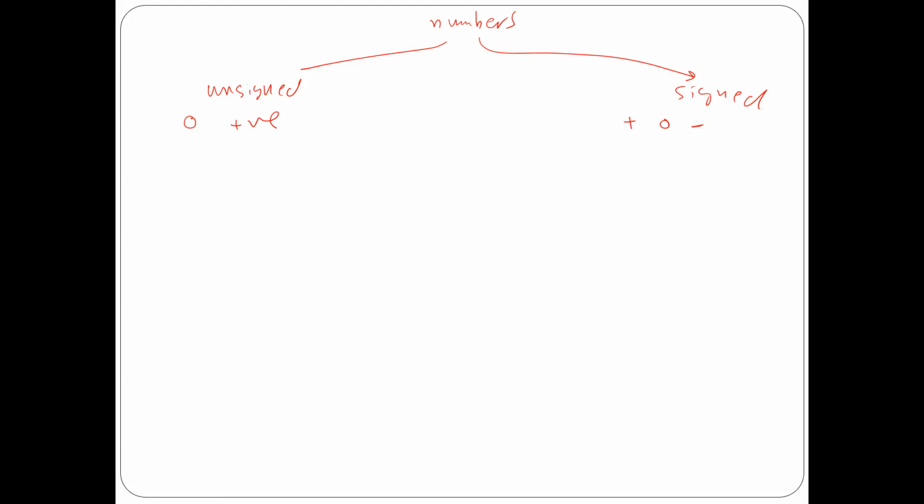If I want to count the number of students we have in the classroom right now, is that signed or unsigned numbers? It has to be an unsigned number because it cannot be negative. Very simple. Other things can be positive and negative. Is that okay? That's what I'm saying. Sometimes we need unsigned numbers, sometimes we need signed numbers. It depends on what you are measuring, what you are counting, and so on. You understand what I'm saying? Okay. Now,